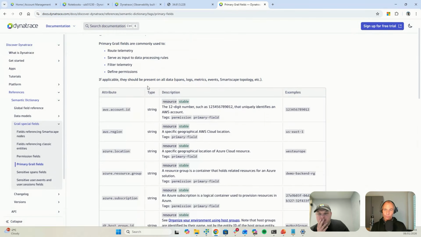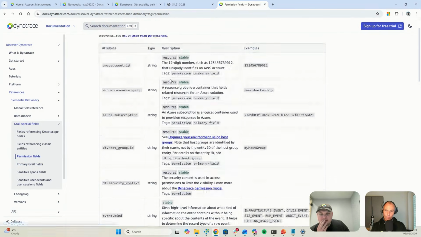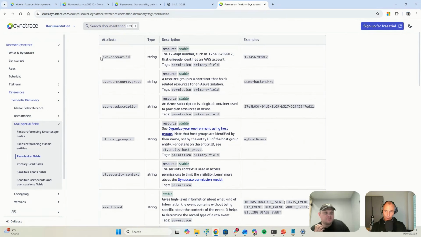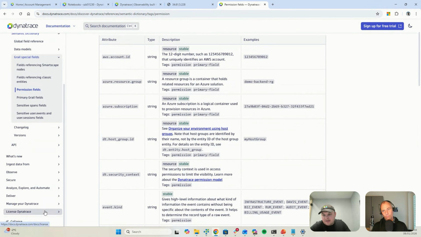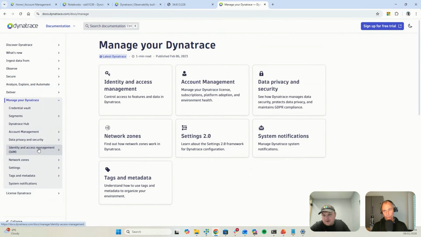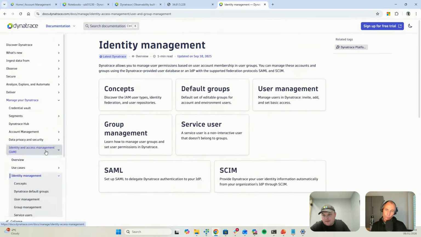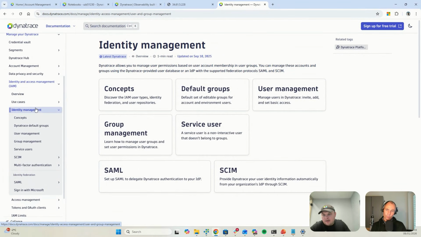So there's a list of primary Grail fields for permissions, and all of those are available to separate your data. And you can combine them. You can. So this is where you really start slicing and dicing on the authorization layer to give really the fine granular control on the data. Plus, so this is in the Grail specific fields, and I also would like to show you real quick our